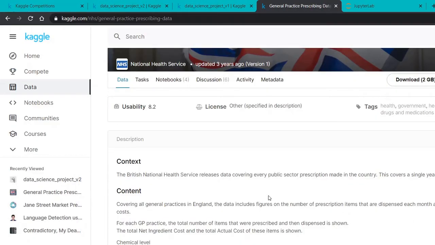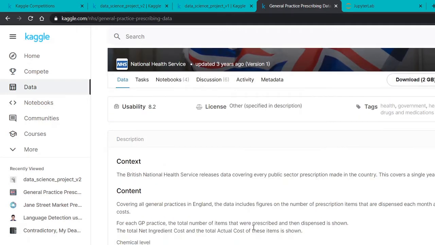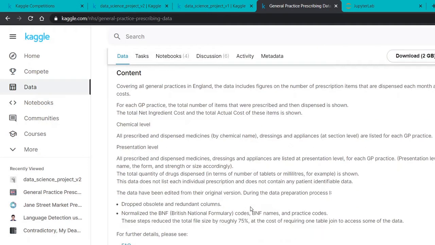The data set that we're going to work with is called general practice prescribing data. This data was released by the British National Health Service. It talks about general practitioners prescribing medicines in different counties of England, and it contains something known as a BNF code. BNF is a book called the British National Formulary, and BNF codes